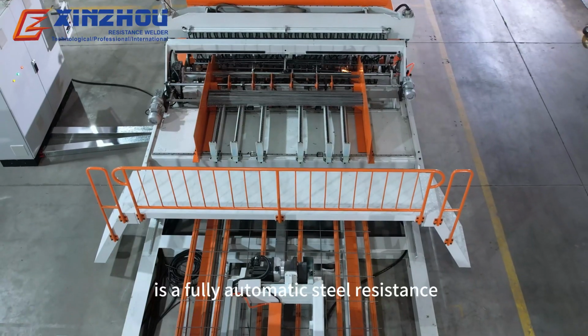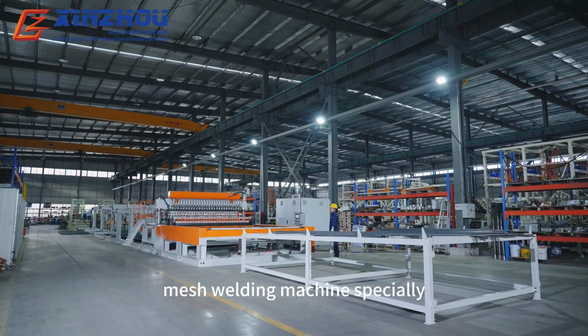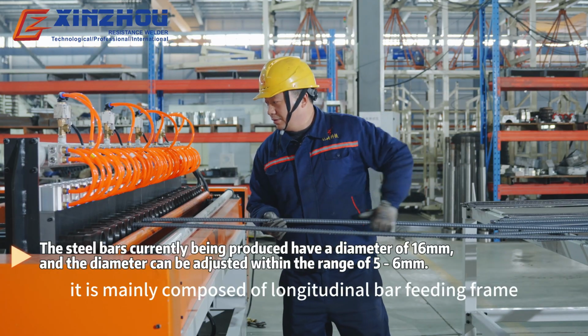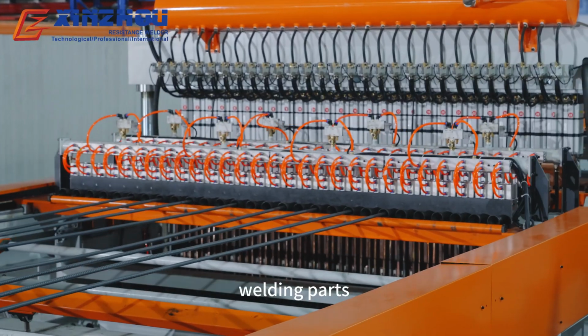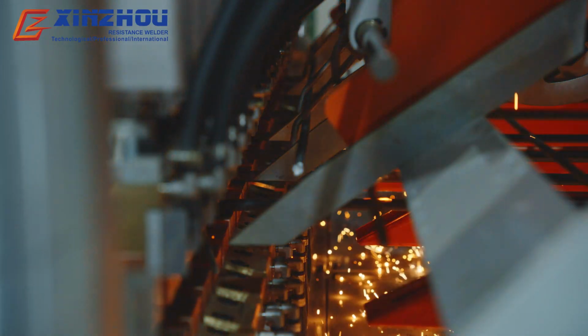GWC B2800 is a fully automatic steel resistance mesh welding machine specially designed for large-size mesh industry users. It is mainly composed of longitudinal bar feeding frame, longitudinal bar feeding mechanism, welding parts, crossbar feeding mechanism, pull mesh part,